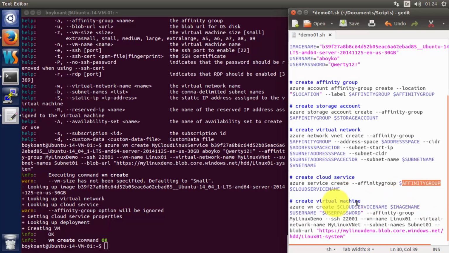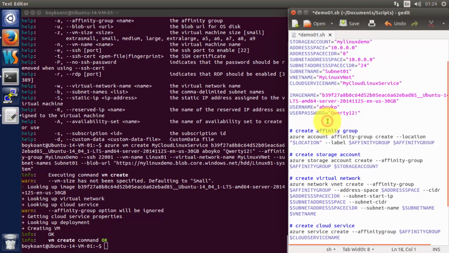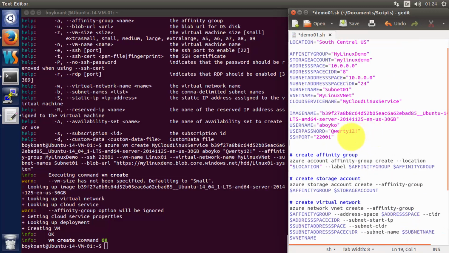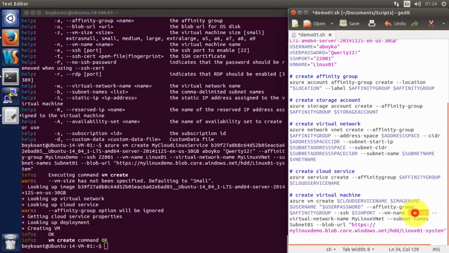Now affinity group name, oh sorry, it's this one, support for SSH here. VM name, okay, we will put VM name here. Linux 01 VM, oh sorry, VM name here. Virtual network name,